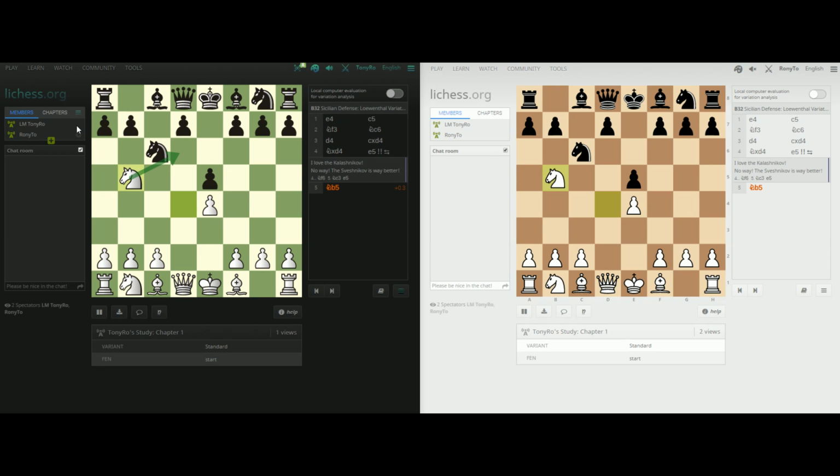The thing that I think makes study extra powerful is that there's this concept of chapters. And really, if you're familiar with working with PGNs or CBV or SCID files, chapters are really just like adding multiple games to a PGN or multiple games to a database. But we're allowing you to do that in a shared analysis format, and we're also allowing you to save that